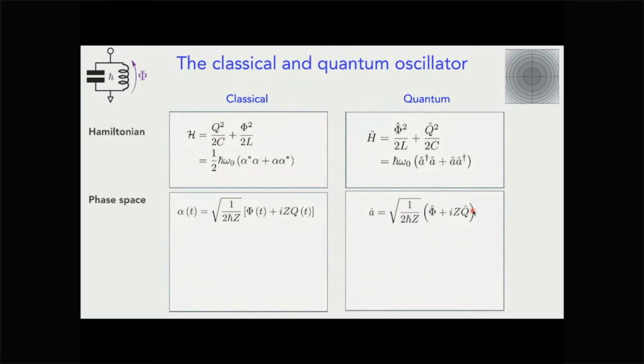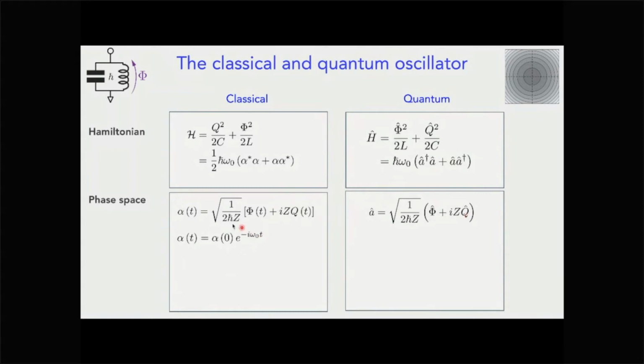You might also be wondering, why is there no time dependence anymore? You see that on the left-hand side I've been writing phi of t, Q of t. On the right-hand side it's phi hat, Q hat, there's no t. Well, that's because we've done the transition in the Schrödinger picture, in which the operators are stationary and it is the wave function, the state psi, that is evolving. We can make an analogy also to the classical